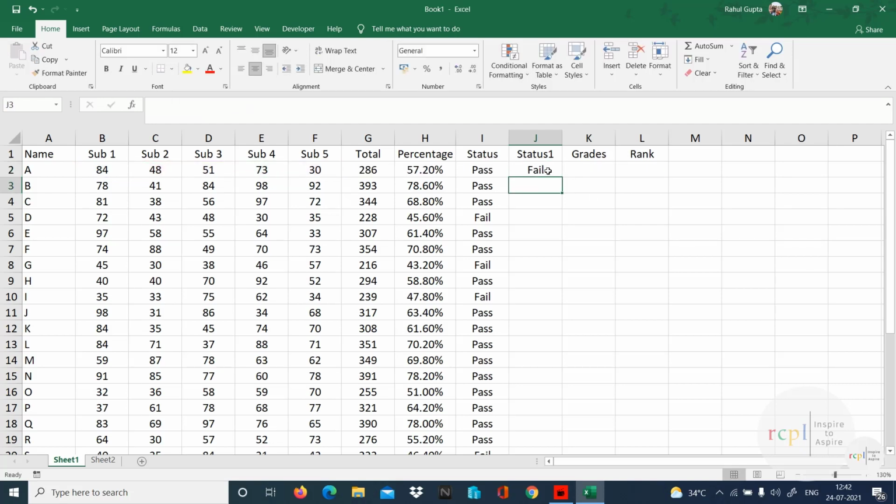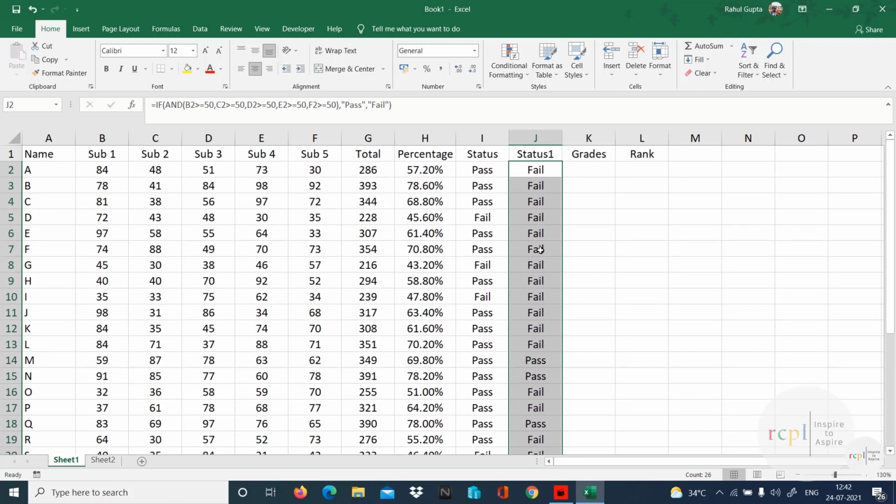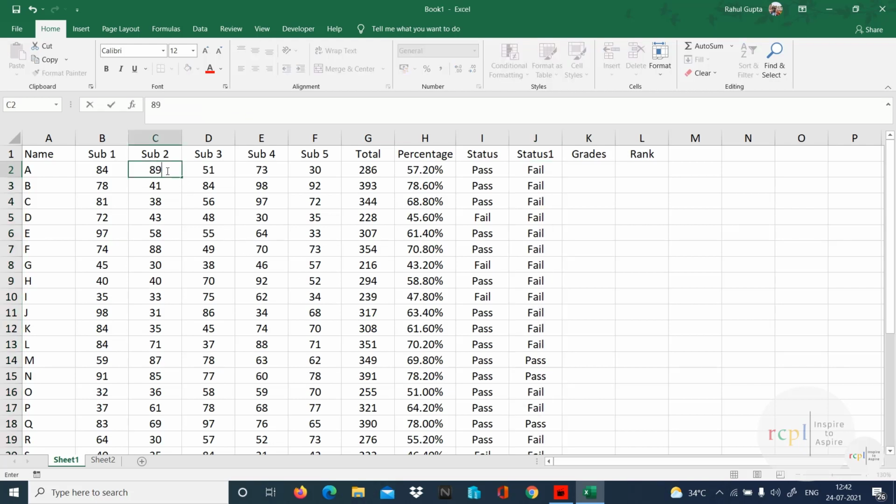So now the student is fail and most of them are fail, only few of them are pass. So quickly I'm just making some of them pass so that at least we have a list of few people who are pass. Right, so I'll just quickly do it. So just making it few of them pass so that we can see at least many as pass and few as fail.